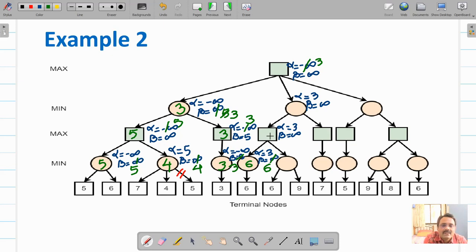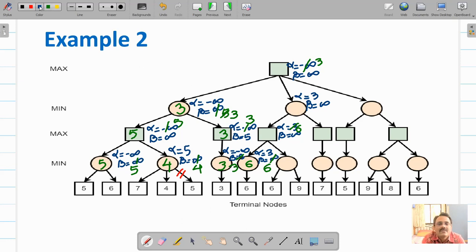It's a maximizer node. Maximizer is getting 6. Earlier value of alpha is 3. Alpha will always increase. So it is getting 6, which is better than this 3. So alpha value will change from 3 to 6. Value of this node will not change because this node has to be evaluated.